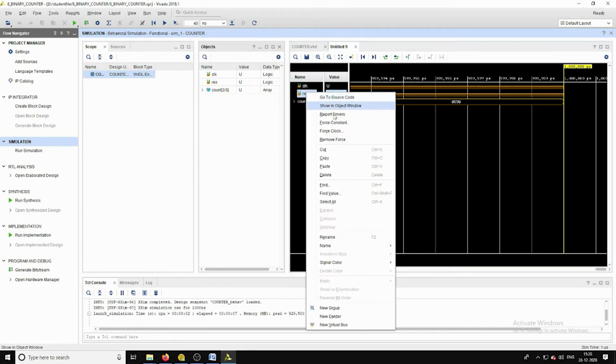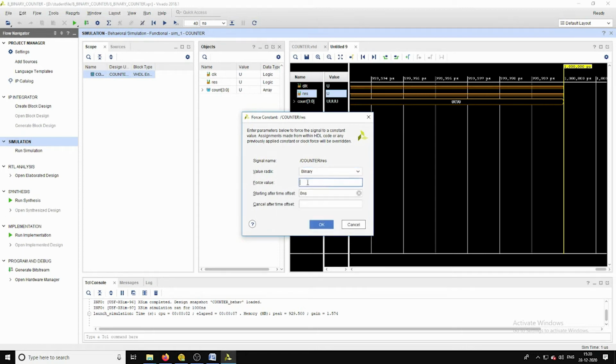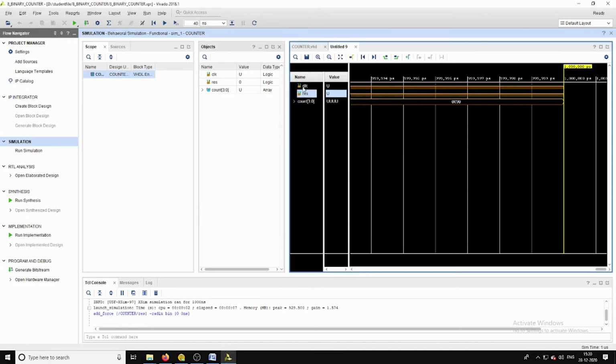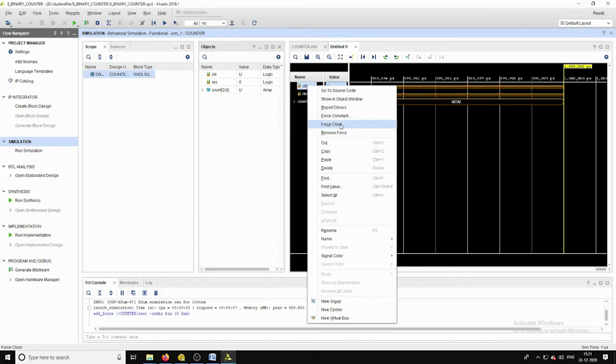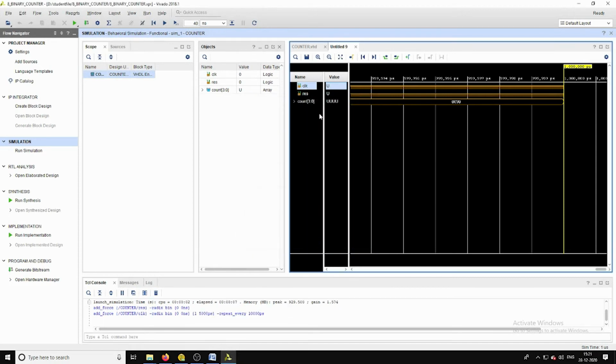And here by default I am assigning the input reset as 0 and clock in the binary format. The leading edge is 0, trailing edge 1, and here we have assigned the reset and clock.